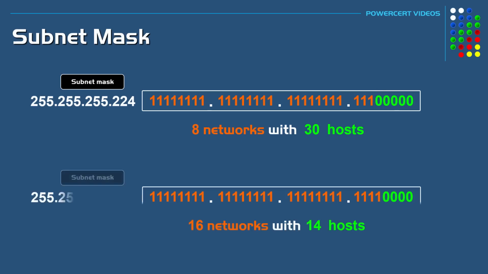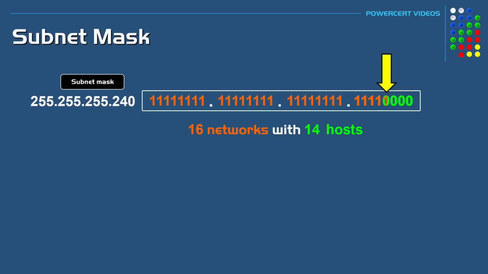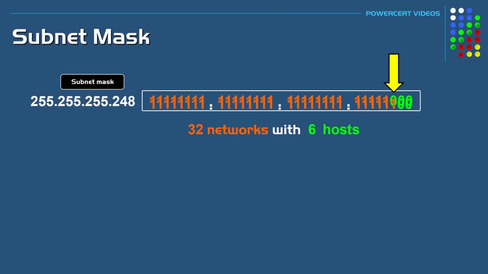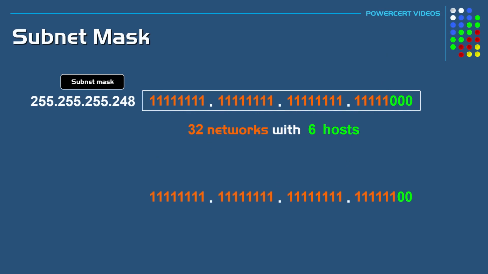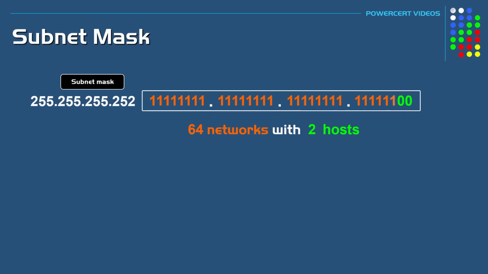bits, which will give us 16 subnets with 14 hosts each. And here is the result if we borrow 5 bits, which will give us 32 subnets with 6 hosts each. And if we borrow 6 bits, this will give us 64 subnets with 2 hosts in each subnet. Now this is pretty much the limit because if we borrow 7 bits, it will give us 128 subnets but